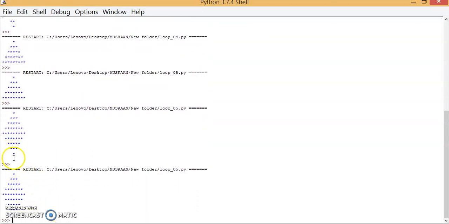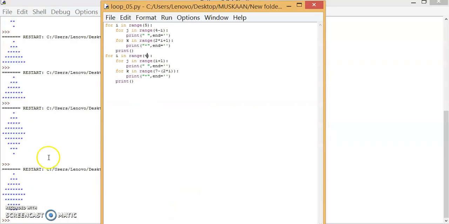Basically, when I did 5, it was leaving a blank line here, but now when I did it for 4, it's not leaving a blank line here. So I can go through it once again. Till this portion, I hope it is clear to you because I told you about it in my earlier video, how to make a mountain like this. Now the major part of this video was to make the mountain downwards. So for i in range 4, we want 4 lines, but in Python it starts from 0, so up to 4 means we get up to 3, that is 0 1 2 3. So it is counted as 4.